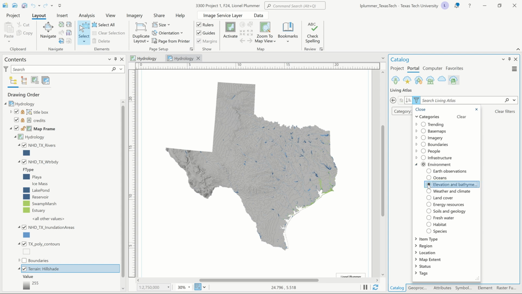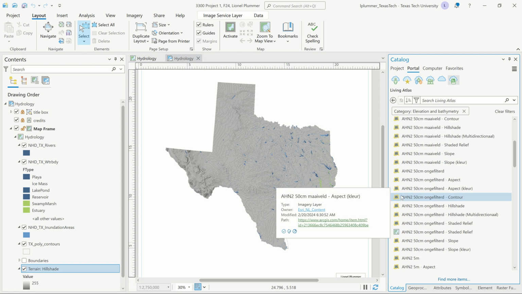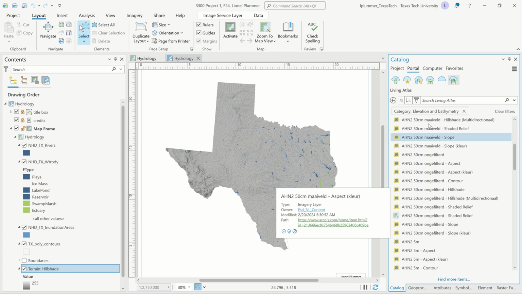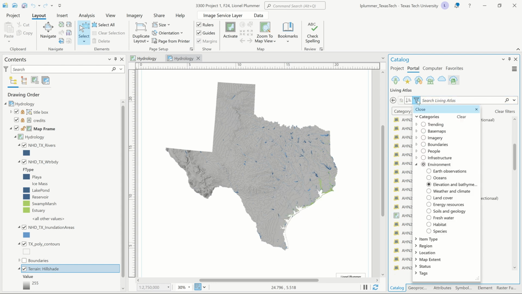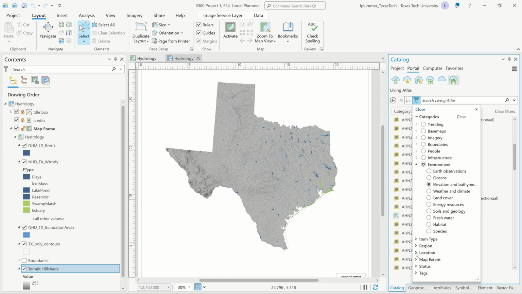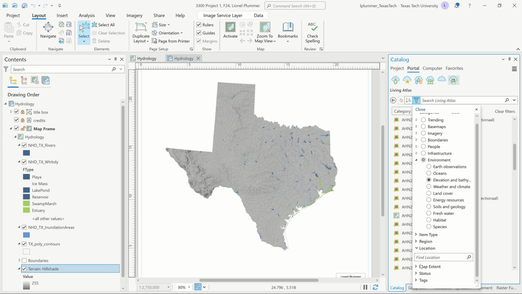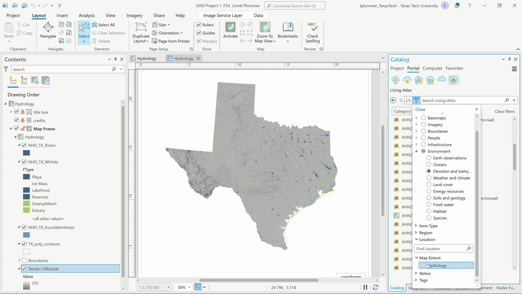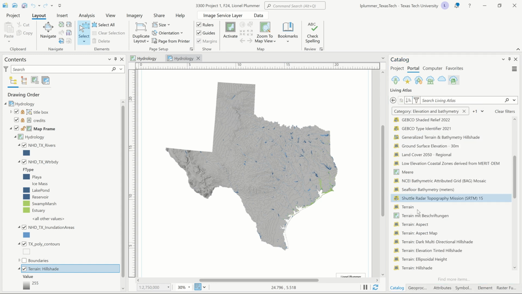And we want to choose this elevation and bathymetry. Let's see what they have here for us. Now, there's so much stuff in here, and there's supposed to be a way where you can sort it based on where your map is located. See here, location, or actually map extent. So let's use the map extent of hydrology, and then it's supposed to filter it based on the data sets